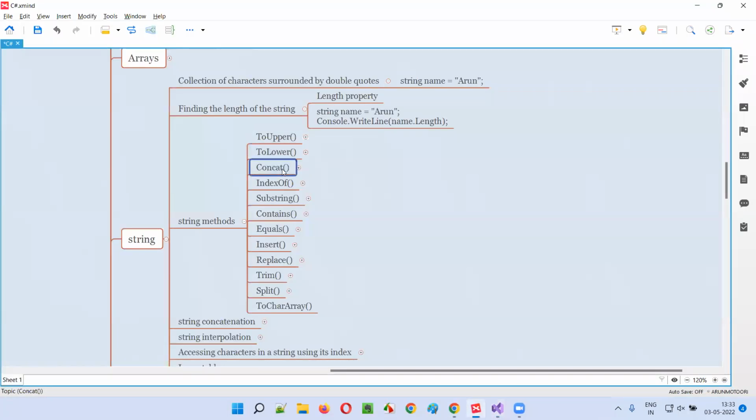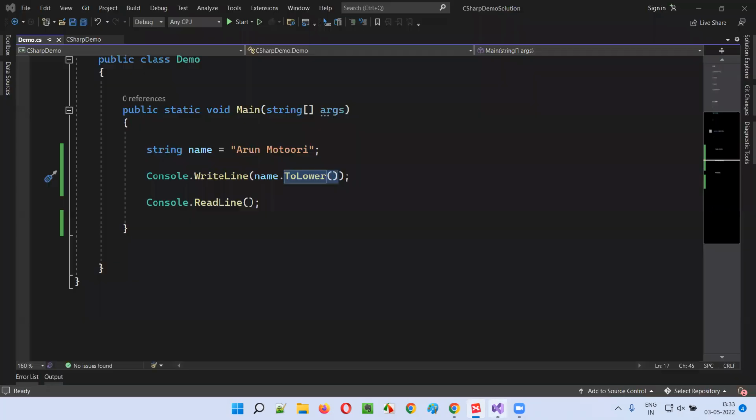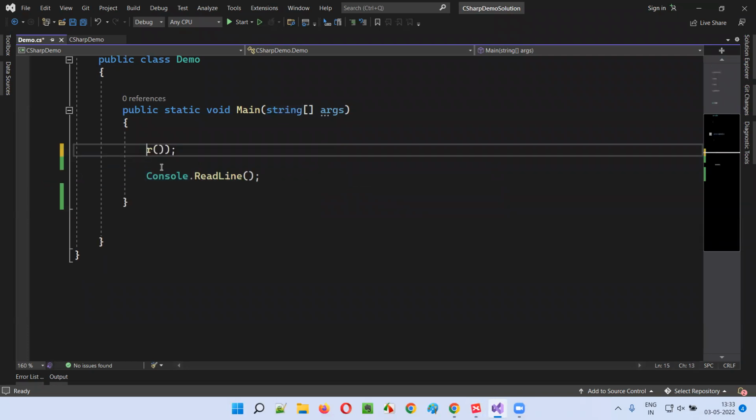Similarly, we have many other methods. The next method is Concat. How to use this Concat? We have to use it as string dot Concat, like this. Here we have to pass the two or three strings that you want to concat. So what I will do is I'll remove all this stuff and simply say